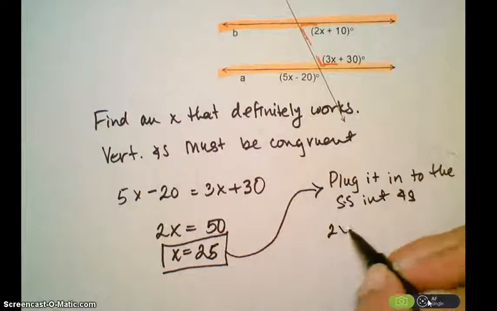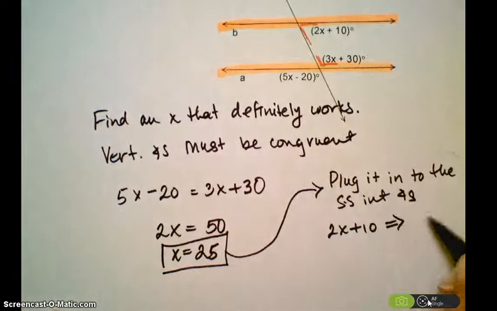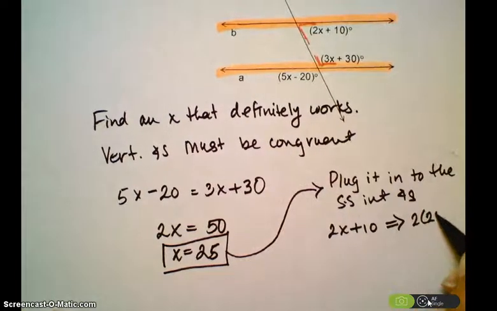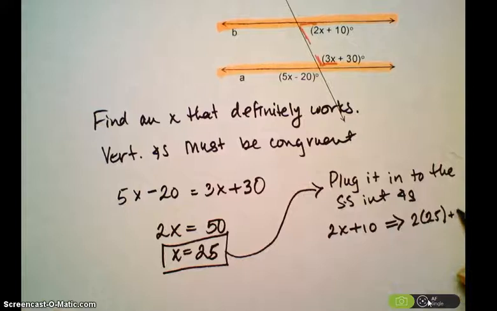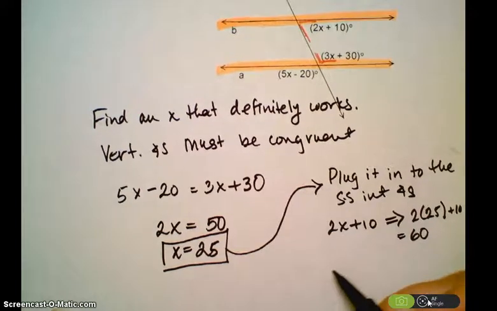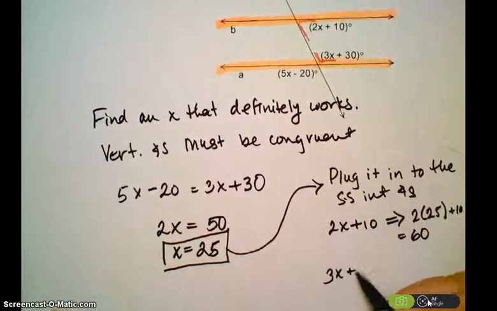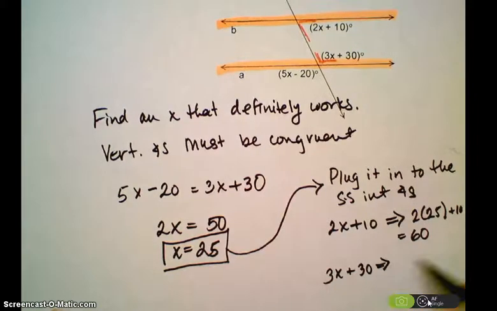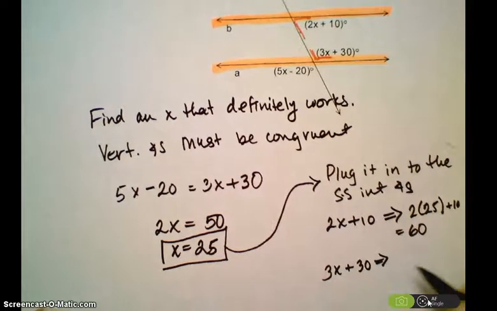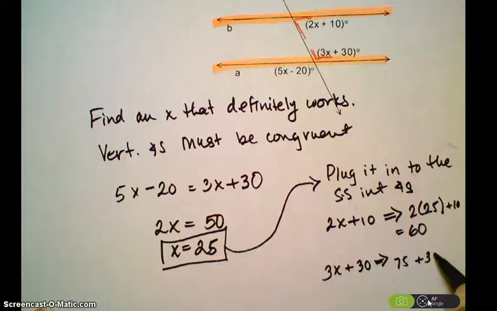So when I do that, 2x plus 10 becomes, what is that, 60. And when I plug it into 3x plus 30, I get 75 plus 30, which is